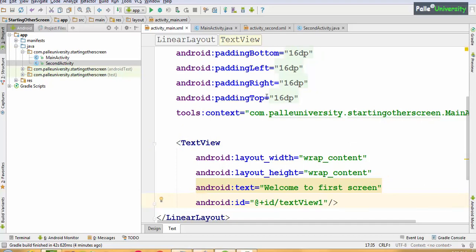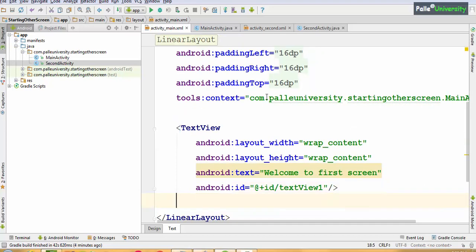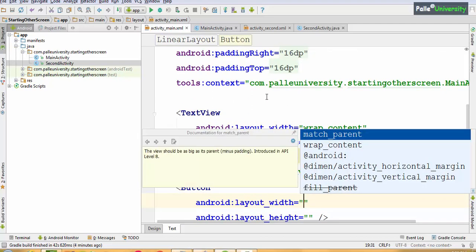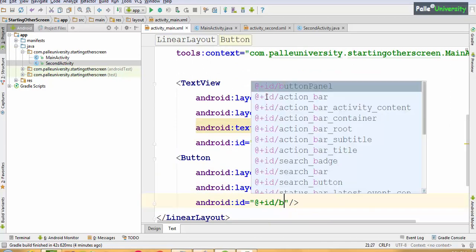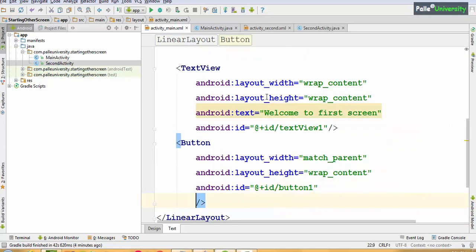Let us say text view 1 and below that let me take a button. Width match parent, height wrap content, ID as button 1, and a text to be displayed is start second screen. So with this, our first screen design is over.